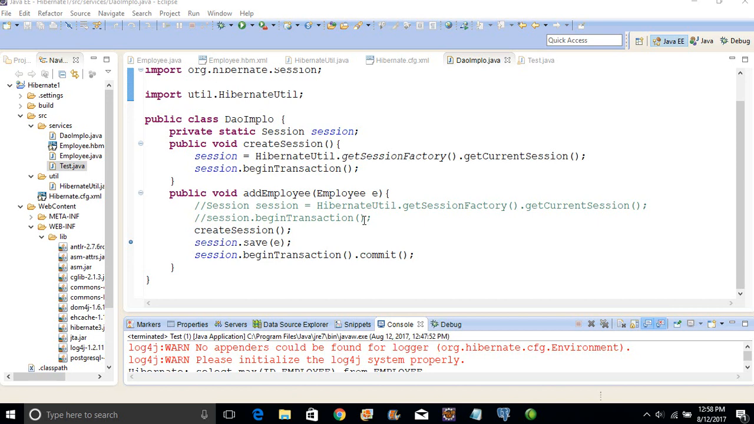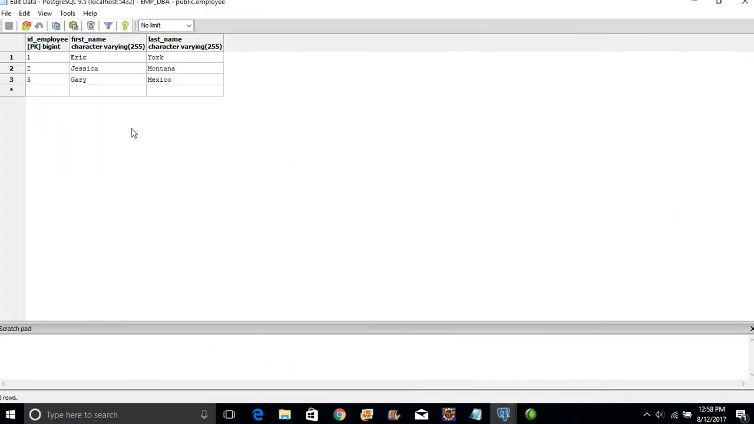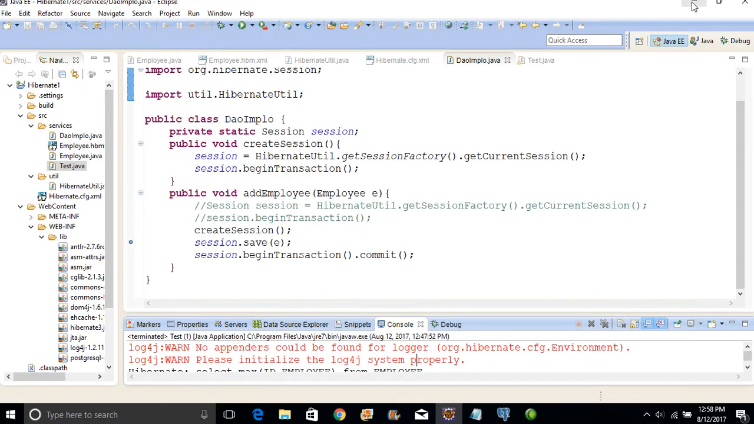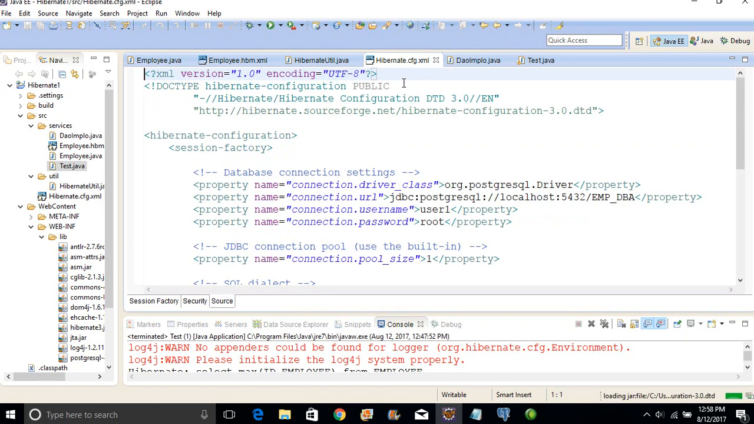Hello. In the last video, I showed you how to connect to a Postgres database and how to add some data in a table. I have created a database called impdba and a table called employee. So the name of the database is going to be in a file called Hibernate